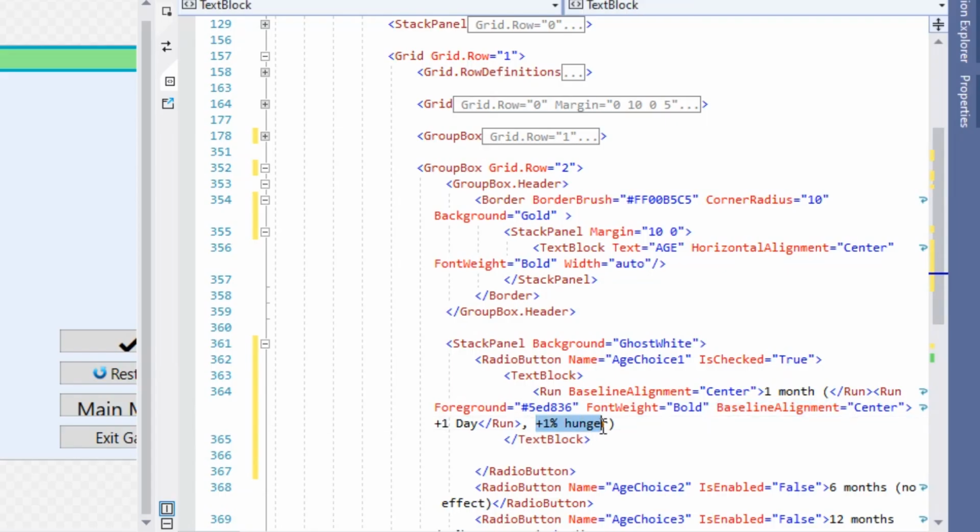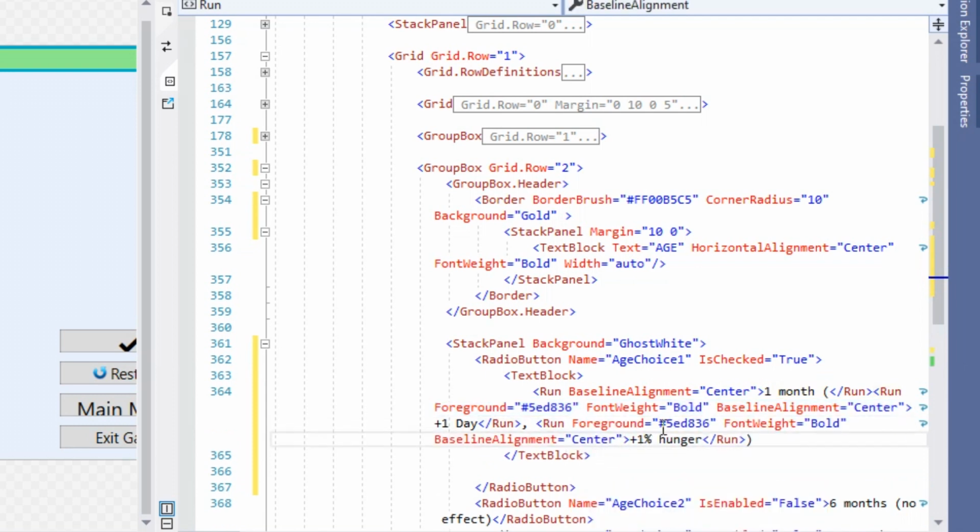Here we will have a negative effect. So let's make it of tomato color. So run +1 hunger. Let's just copy these values and change as needed. So foreground will be tomato. Here we don't need this % character and the word hunger